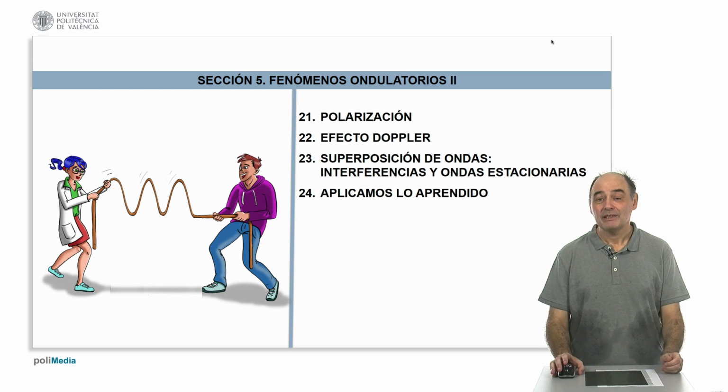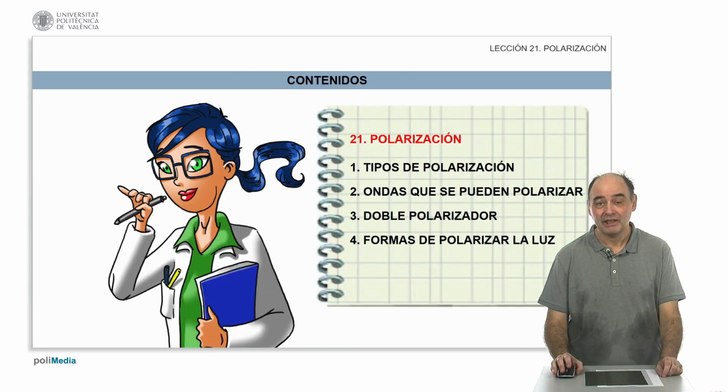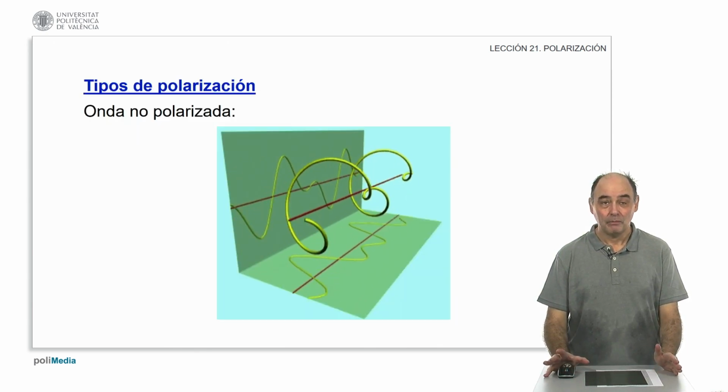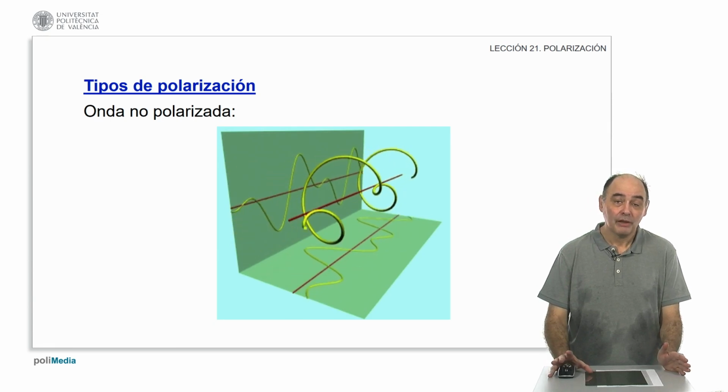The first lesson of this 5th section of the course is polarization, which we are going to develop according to the headings detailed here, starting with types of polarization, where I will also explain what polarization is by comparing it with a wave that is not yet polarized. This is a wave that is not yet polarized, a normal wave in certain circumstances that you